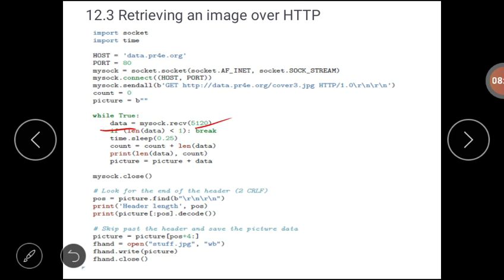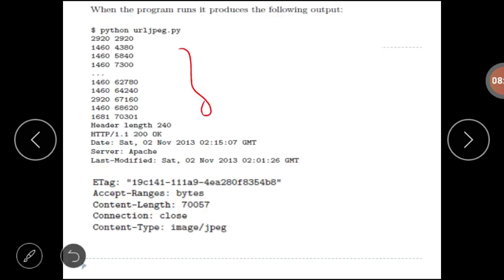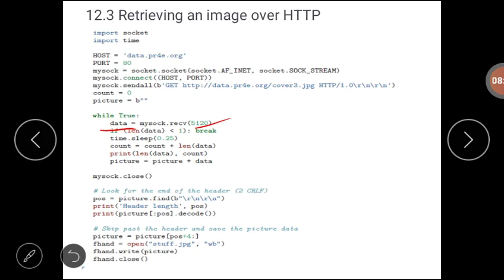When we run this program, the amount of data retrieved from the internet is displayed in cumulative format. At the end, the image file will be stored in the current working directory. Here, the file name is stuff.jpg.